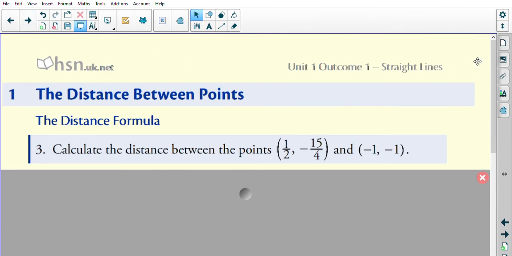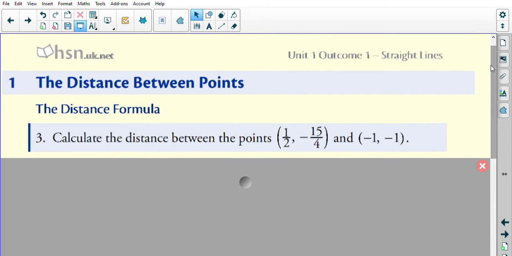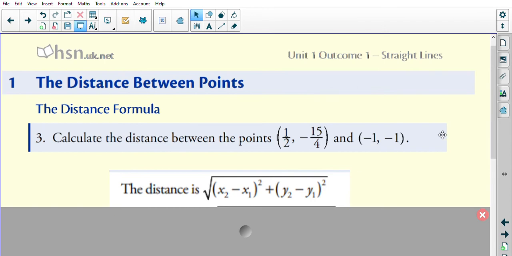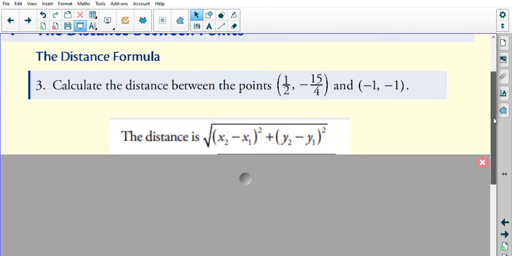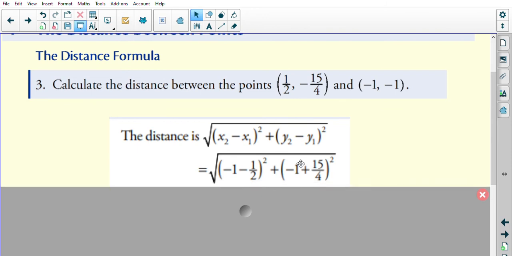I'm going to quickly show you the second example. We're not going to spend too much time on this one, okay, but it's just to show you you can be asked to deal with fractions here, okay. However, basically we start off with the same thing. We're going to end up starting off with our distance formula. We then substitute in the values of the coordinates that we wrote down, okay,